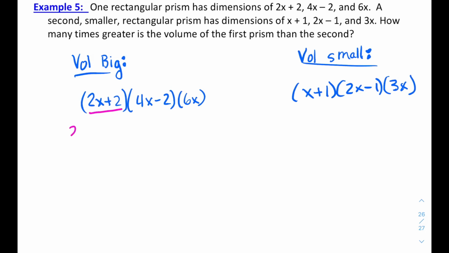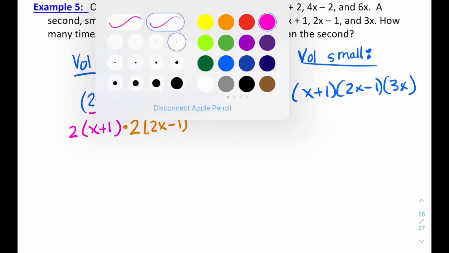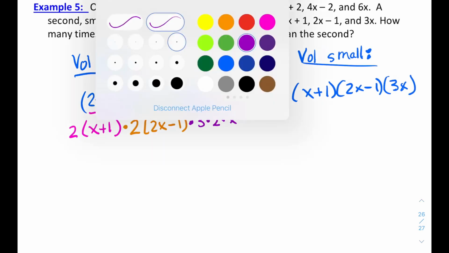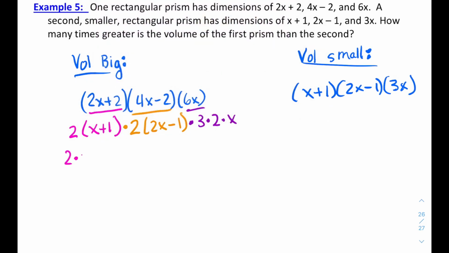So let's factor this. So I could factor 2 out of my 2x plus 2. I could factor another 2 out of my 4x minus 2. And then I'll go ahead and break down my 6x into 3 times 2 times x. If you look at your smaller rectangular prism, there are no common factors there. So I'm just going to rearrange and compare a little bit here. So I'm going to put my 3 factors of 2, factor 3, and then times my x plus 1 and